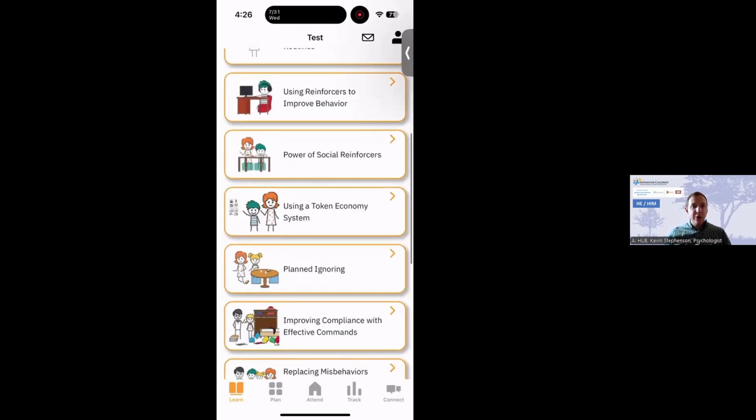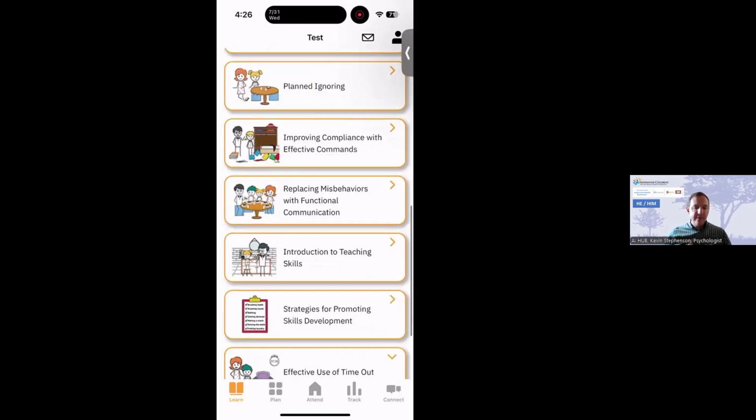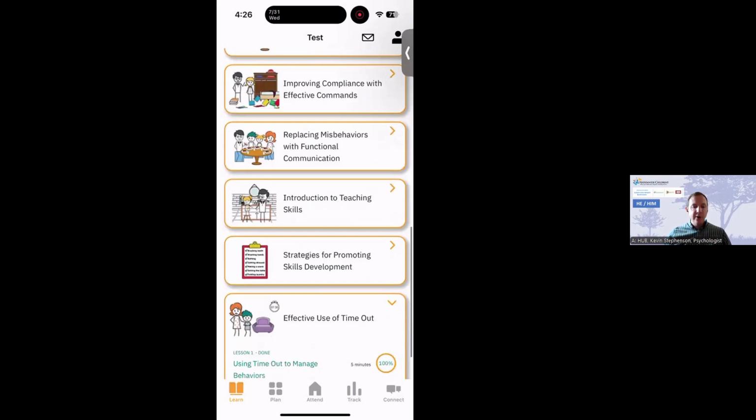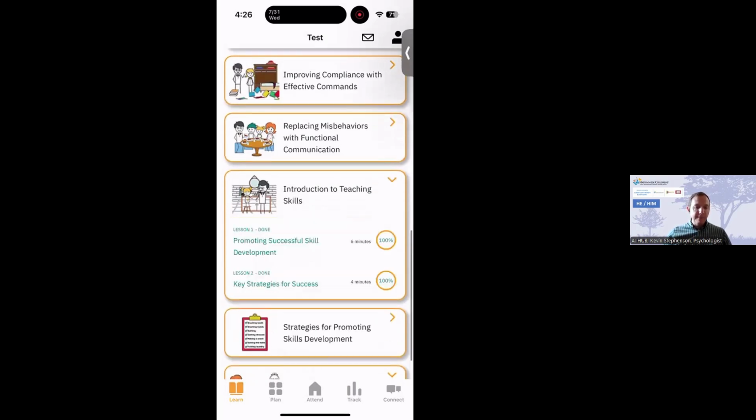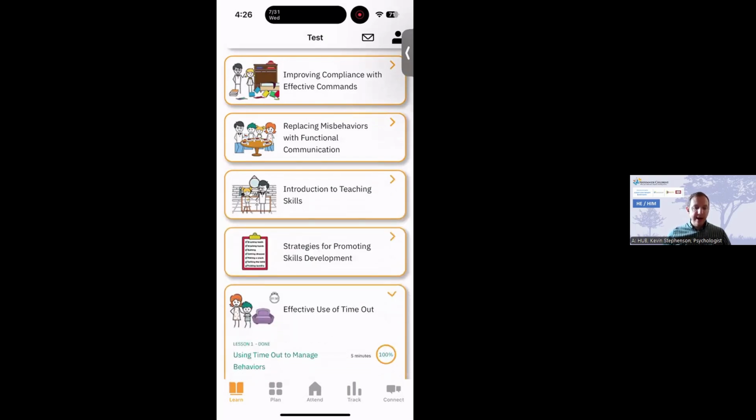If you're interested in setting up a token economy system, you can do that. How to have effective instructions for kids, teaching skills, how to teach useful everyday living skills. Those things are here as well.